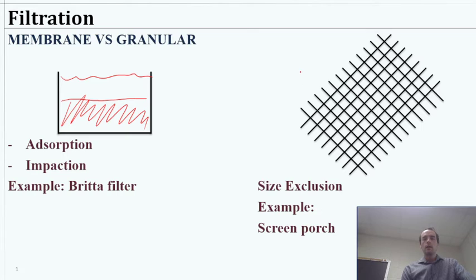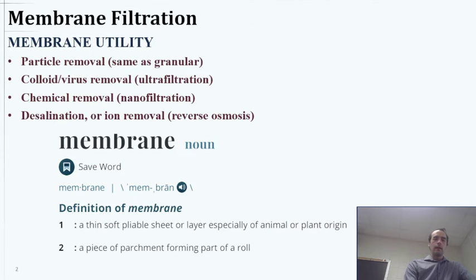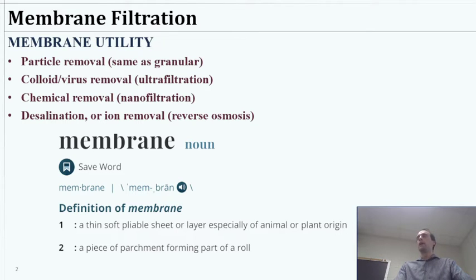So membranes then are more like our size exclusion, where as water is going through, the particle gets stuck and just physically can't get through the membrane. And so a membrane is some sort of an object, so to define it, it's typically a flat sheet. So if we take a piece of paper, for example, you could consider a sheet of paper a lot like a flat sheet membrane,